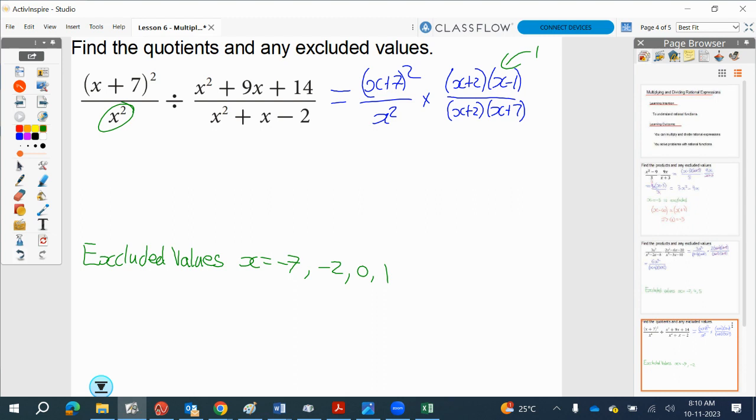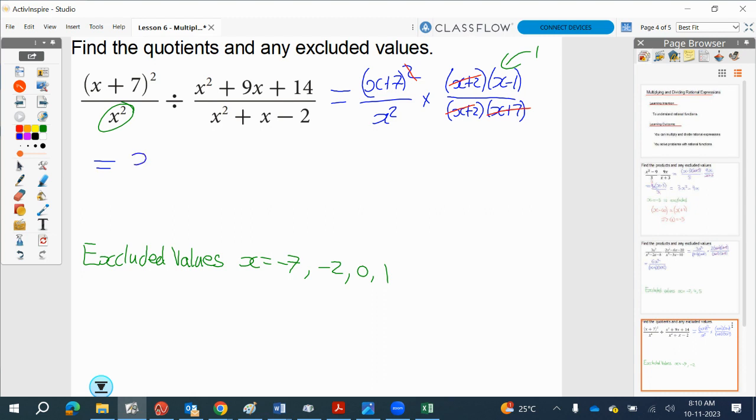Can we hear Zinedin's question? The factors in the divisor are also part of excluded values. Does this only apply when dividing or also when multiplying? Only when dividing. Because it flips, so it's in both. So our cancelling now, we've got some +2s that are going to go. This +7 will take out one of those, and we are left with